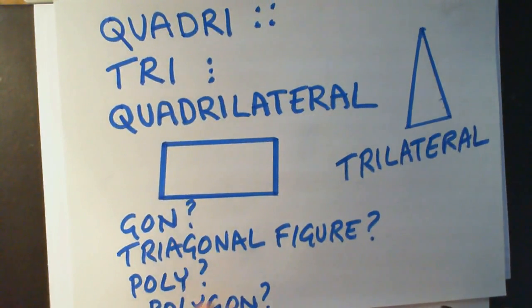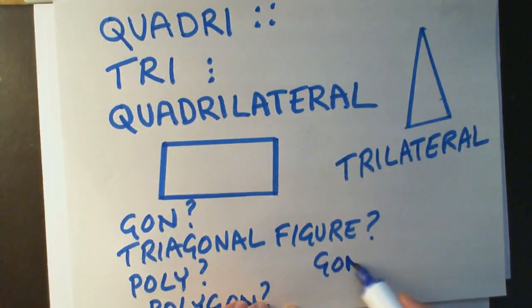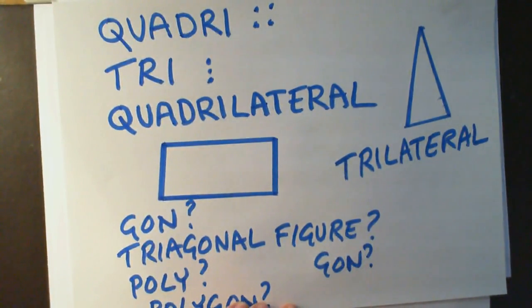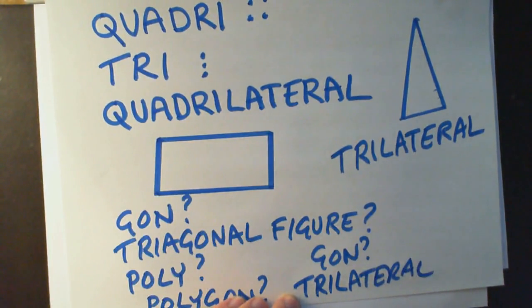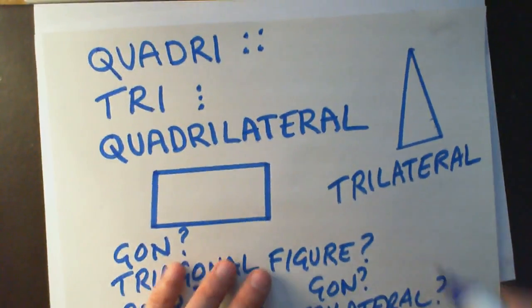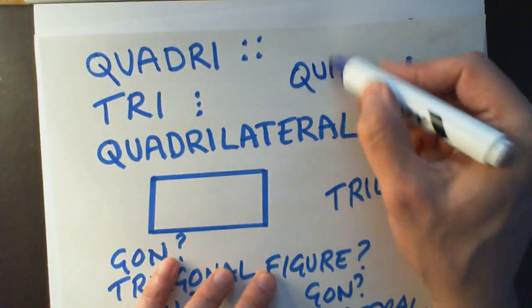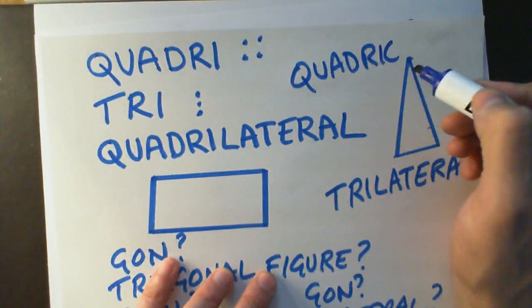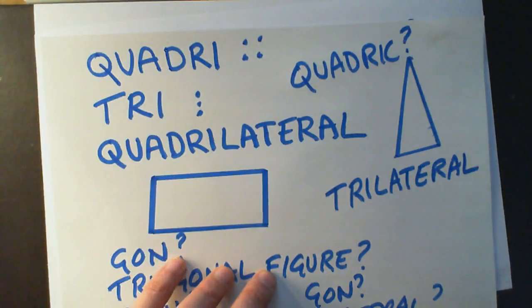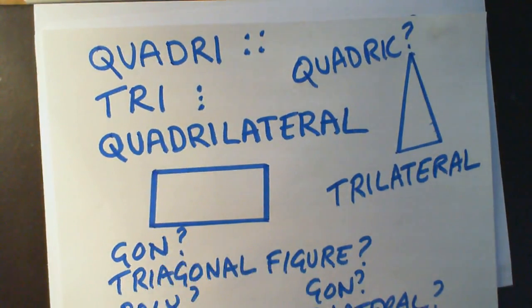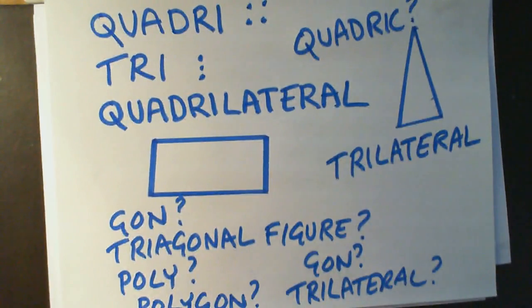Is the word for the side of something a gon? Is it true that a trilateral geometric figure has got four sides? Is that true or not? And is it true that the word quadric means with three? Is that true or false? Okay, and that's